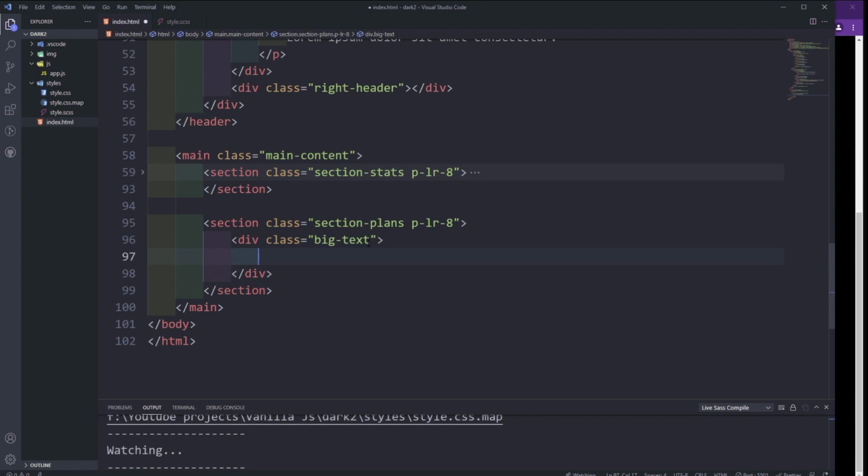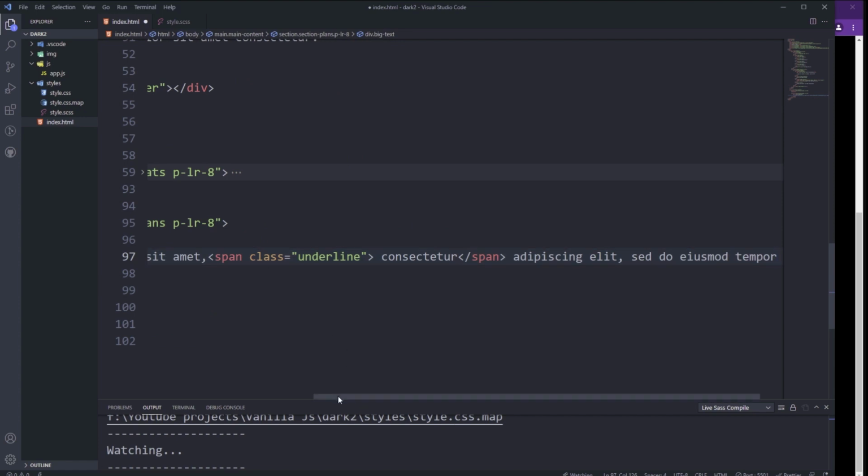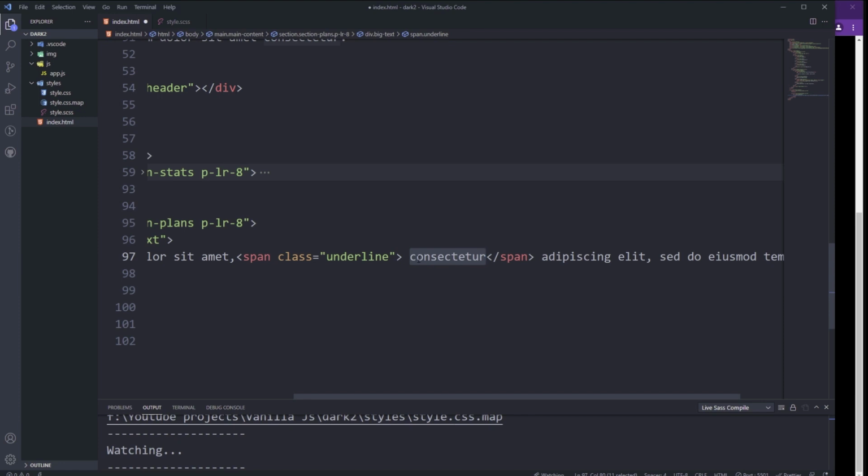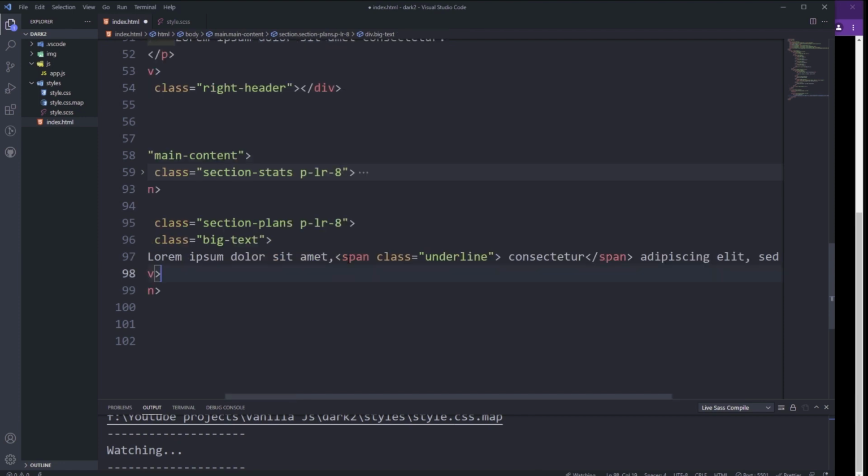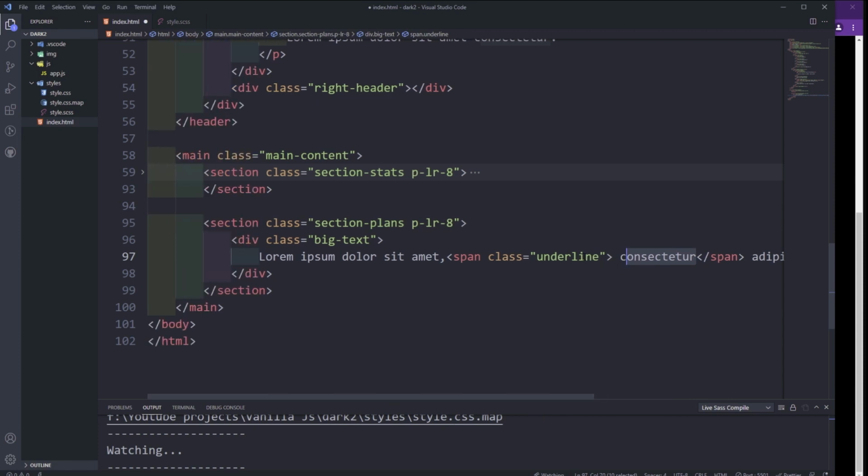Excuse me, a big text, and then I'm going to paste in some text. Okay, so I'm surrounding this word with a span with a class of underline, because I want to underline this word. So that's why I'm surrounding it with a span tag. Okay, so after that I'm just going to do another div,